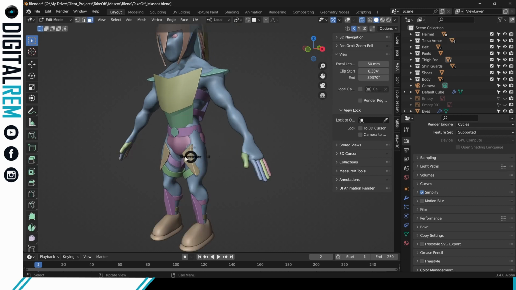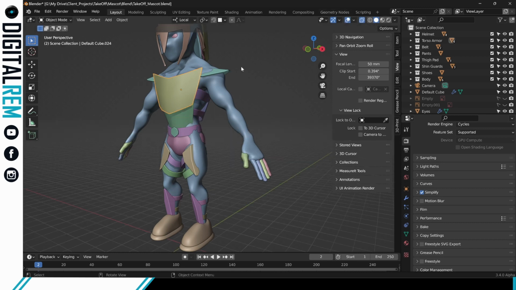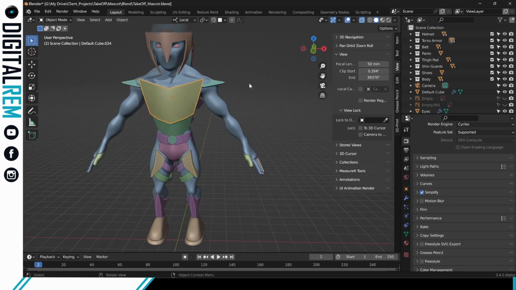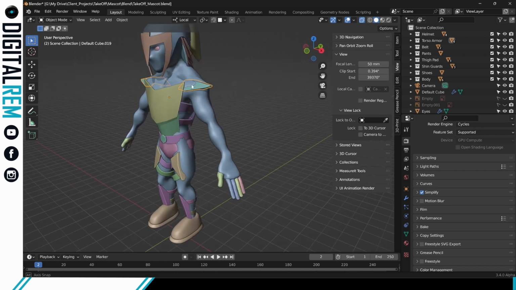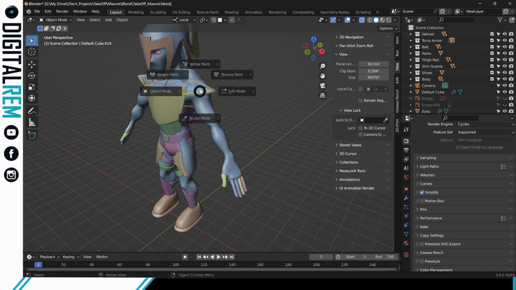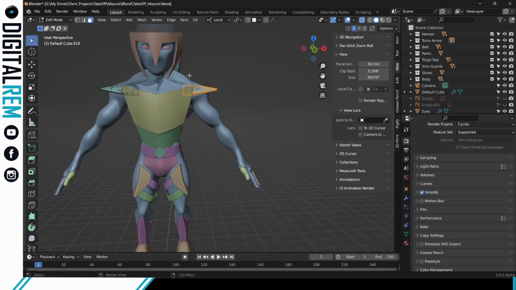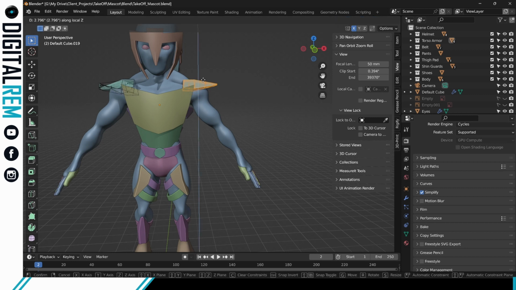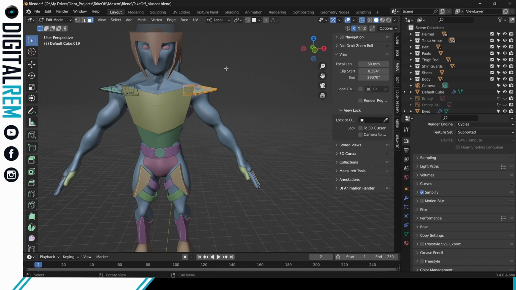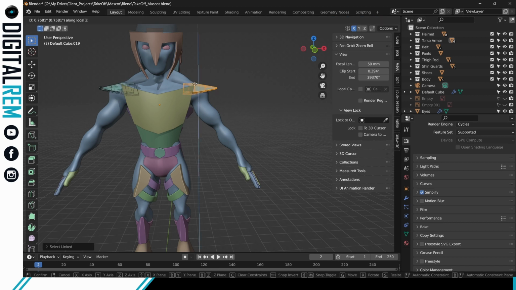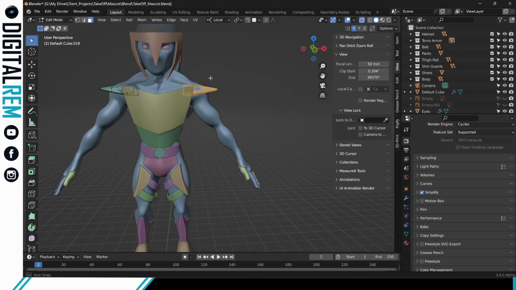So the first thing we're going to do is just go ahead and edit this armor. So let's turn back on the grid for a second, but then let's go ahead and select these shoulder pads. Now you're going to go into edit mode by hitting Tab. Simple as that. We did this in the lesson before, so you pretty much know it by now. And we're just going to pull these shoulder pads up onto his shoulders. If you're having trouble selecting the whole thing, you can either hit L,